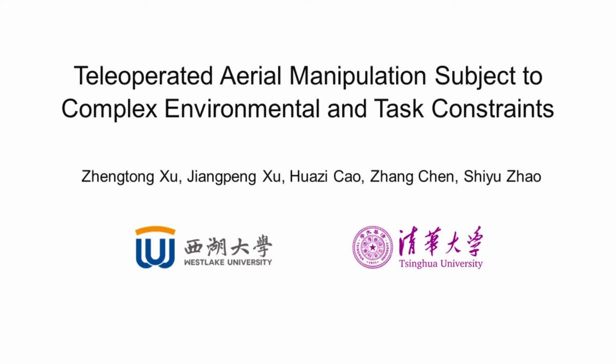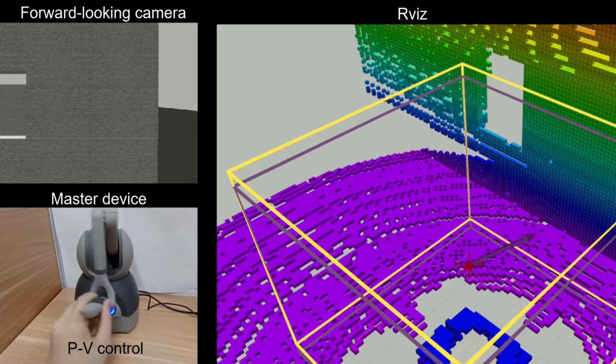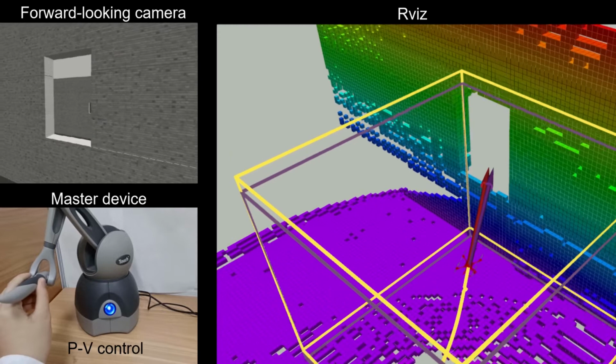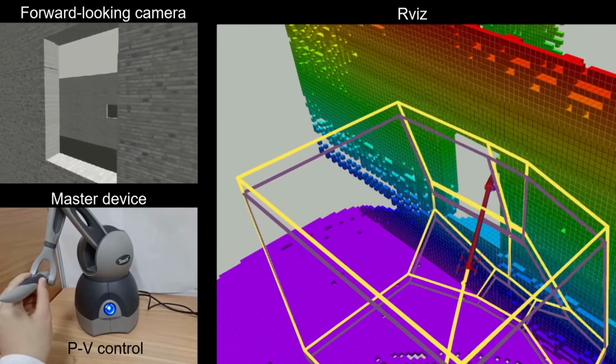In this video, we present 3 experiments of our paper. The first experiment was conducted in gazebo simulation environment. In this experiment, the aerial manipulator was teleoperated to fly through 2 windows. The purpose of this experiment is to demonstrate that our approach enables the aerial manipulator avoid obstacles autonomously while following